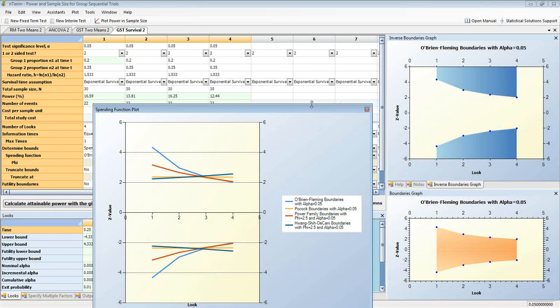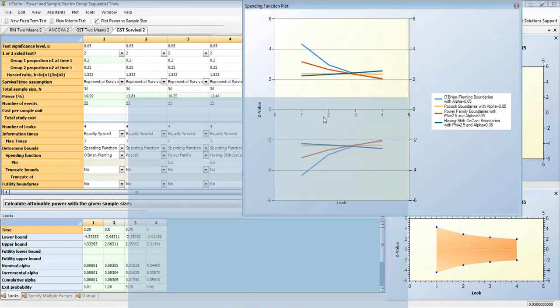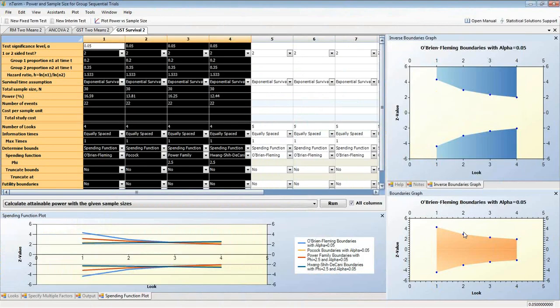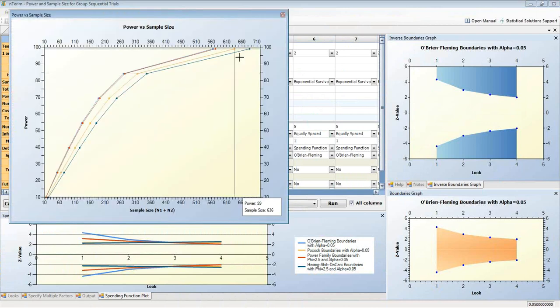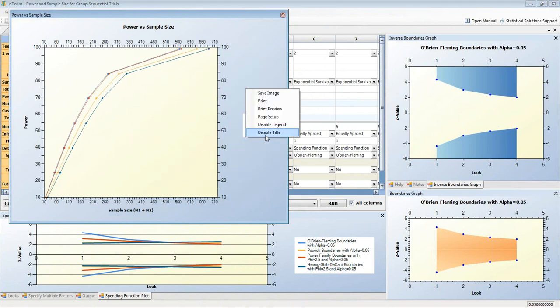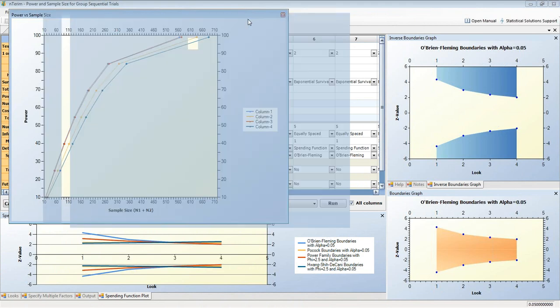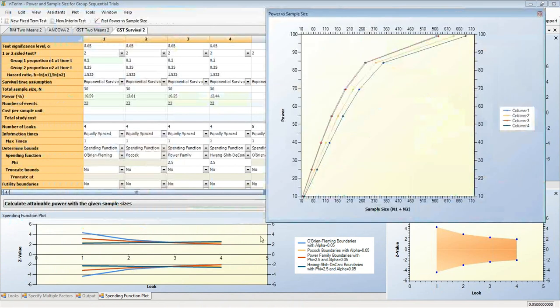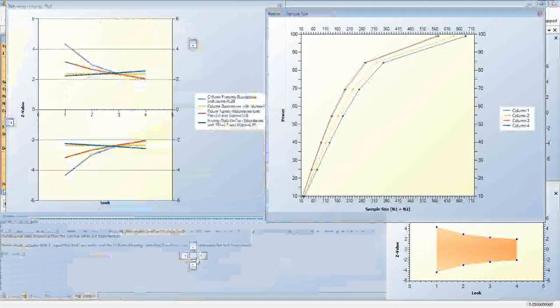So what I'll do here first, again you can store these graphs in here anywhere. So I have my 4 columns, and again just using the quick access button on the top, just by clicking on this, then I can plot power versus sample size here. So again, as before, we can enable our legend. We can also disable the title, and again we have our slider here which shows us values of power and sample size for each. So you can move these plots around as often as you want, so you create essentially a dashboard of plots here for yourself in nQuery or nTerim.